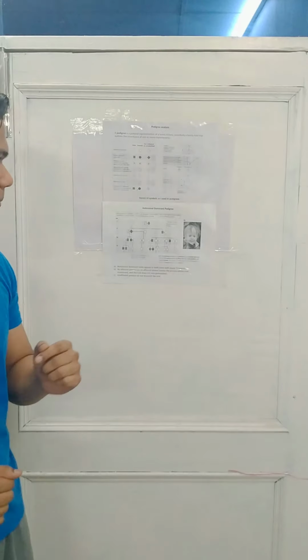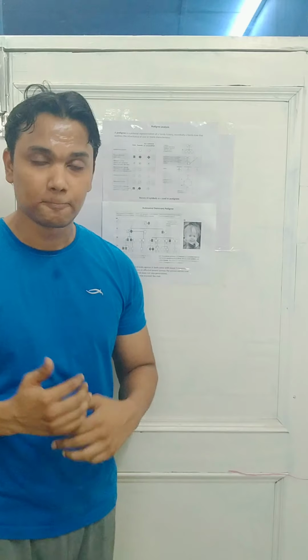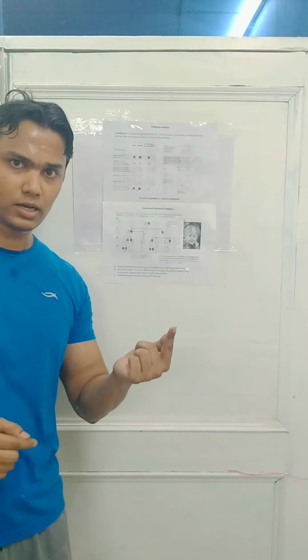Now, for the first example, we are going to discuss an autosomal dominant pedigree. What are autosomes? You already know that we have 46 chromosomes and 44 of them are autosomes. 2 of them are sex chromosomes. You have the XX system in females and the XY system in males. Now, we have 2 copies of each autosome. That means if we are talking about chromosome number 1, we have chromosome 1 and 1 dash, one which came from the father and the one which came from the mother.